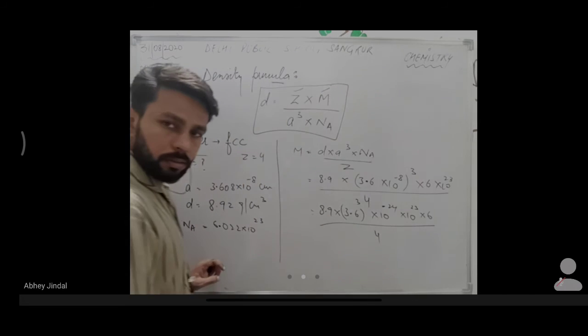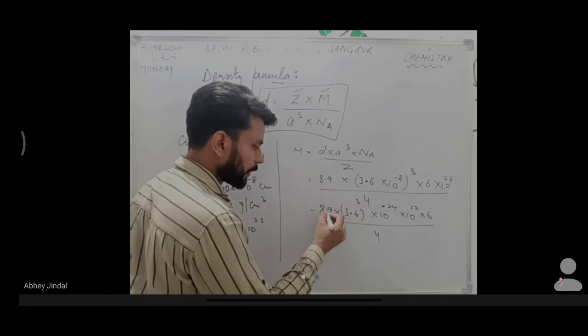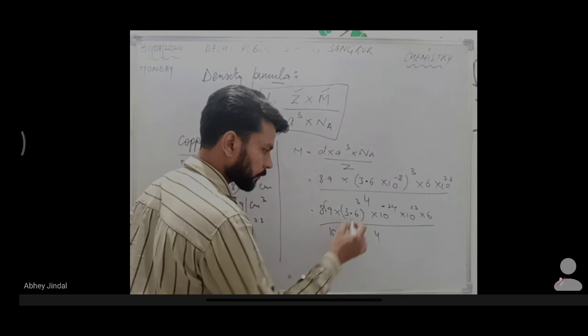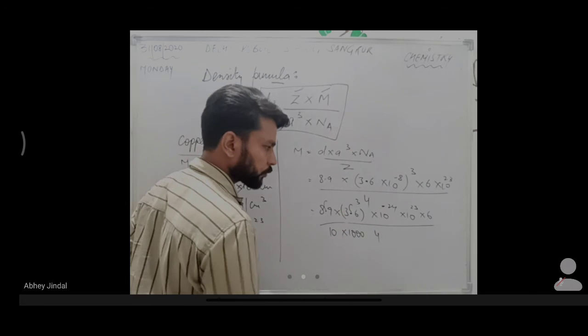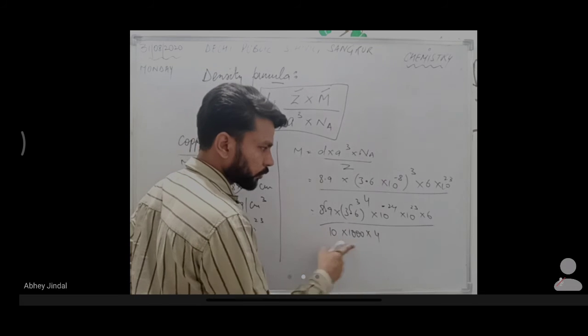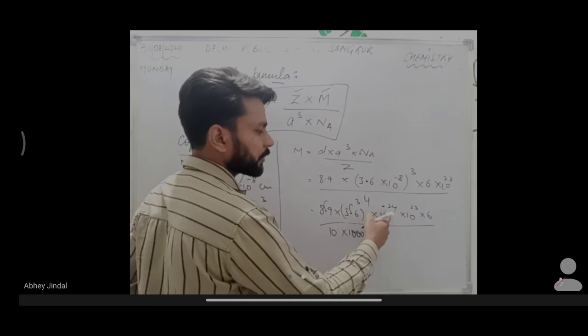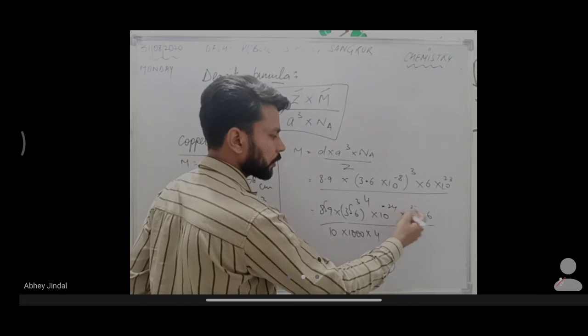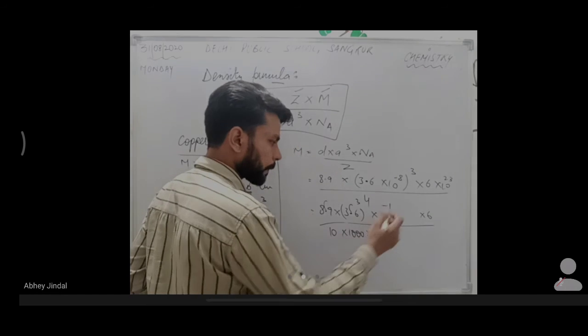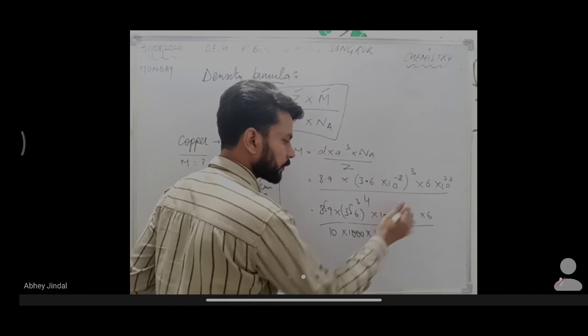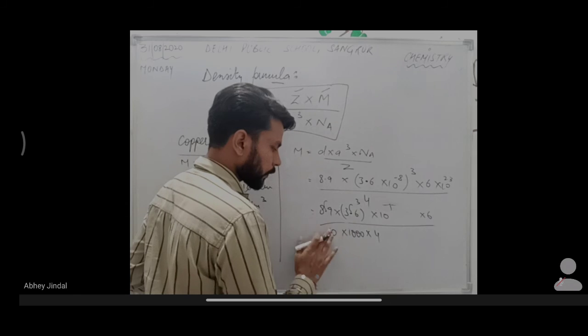Understood? Clear? Okay. So you can take this as upon 1000, because there is a cube of this. That's all. This is 4 zeros. This is minus 24. This is plus 23. It comes out to be only 10 raised to power minus 1, plus 4 comes up, minus 4. So this becomes minus 5. Okay, so this is finished.